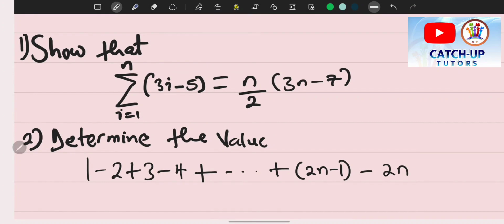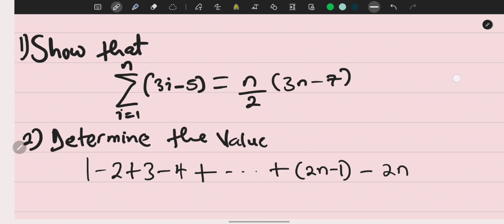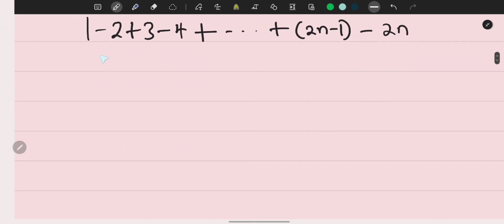So question 1, we need to show that the summation i from 1 to n of 3i minus 5 equals n over 2 times 3n minus 7. Okay, so to do this solution,